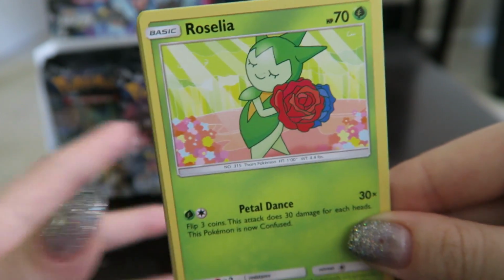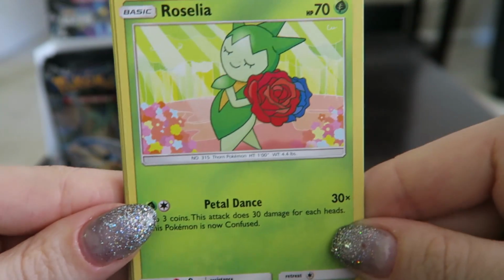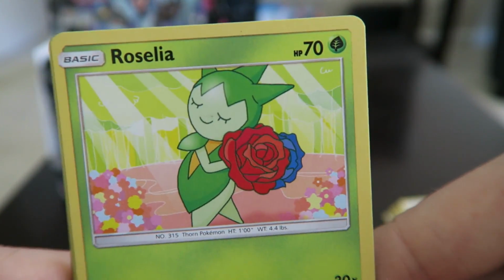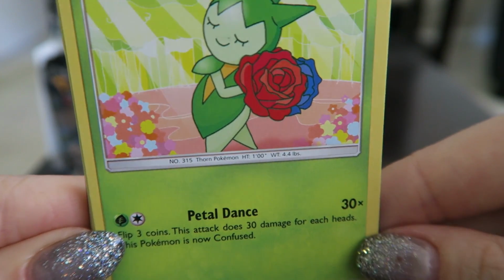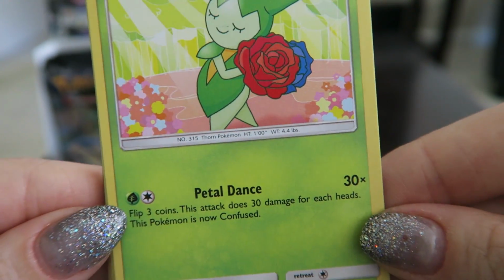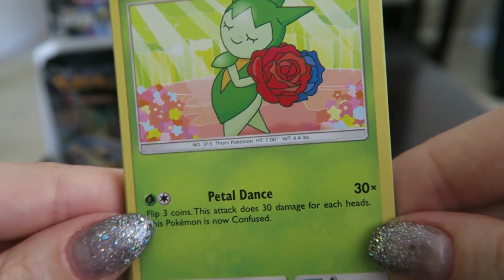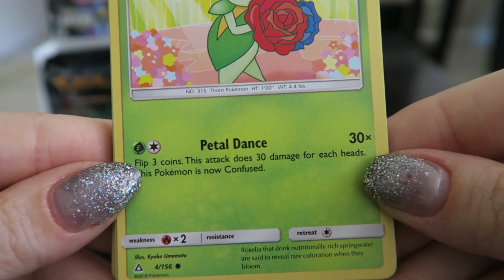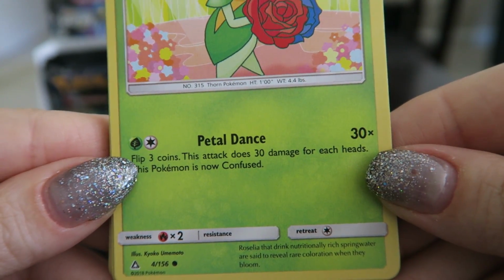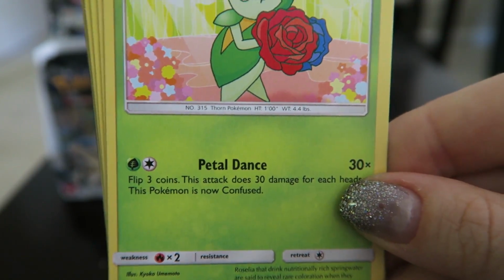Anyway, not to get too sidetracked, this pack is going to start off with Roselia. Very cute, nice cartoony artwork. 70 HP, prancing through a field of flowers with Petal Dance attack. Flip 3 coins. This attack does 30 damage for each heads. This Pokemon is now confused. Roselia that drink nutritionally rich spring water are said to reveal rare coloration when they bloom. Wonder if that's a bit like a shiny,